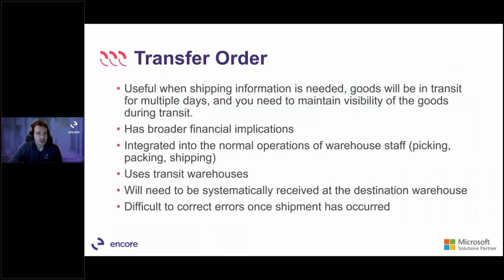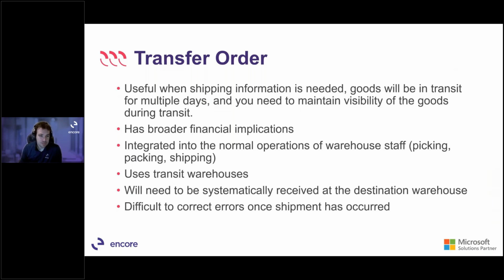So to start, let's look at a transfer order here. A transfer order is normally used when shipping information is needed and the warehouses you are transferring goods between are far enough apart that you need traceability of the shipment from one warehouse to another. That might mean you are creating a shipment record and probably processing some kind of goods in transit between those two warehouses,